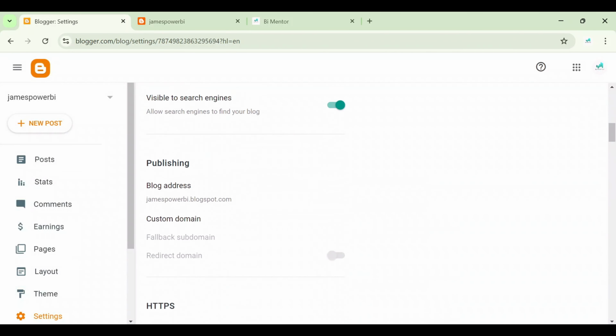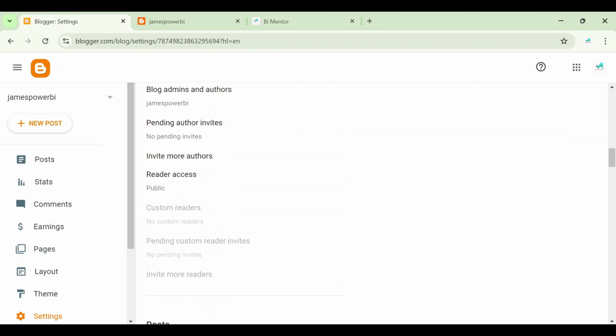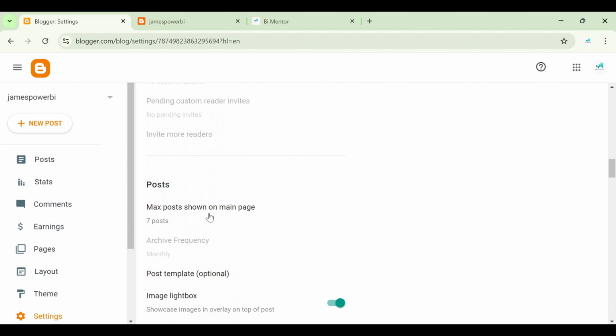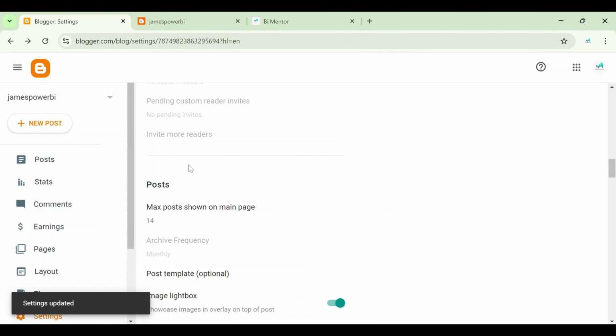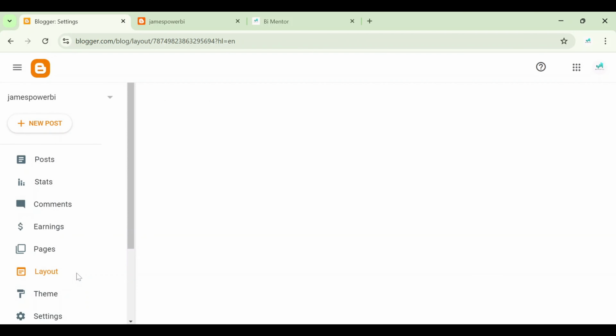Okay, so we have to change the number of posts shown on the main page. Currently, it is set at 7 posts. We can change it to 14 posts, so all our dashboards in the portfolio display on the first page. And just go to the layout section,